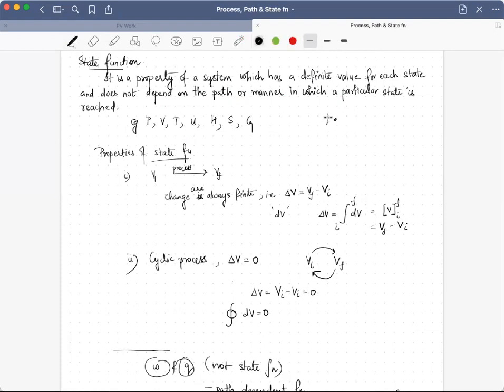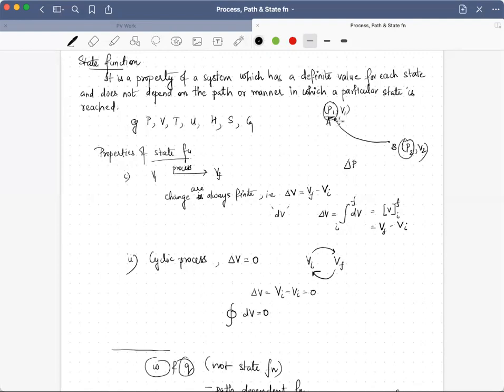Suppose a system in A undergoes a change in state to B. And we just now talked about a system having state defined by pressure and volume. So let me use the same example here. If we consider individually the pressure, when undergoing a change in state from A to B it has values P1 and P2. So if I ask you to calculate the change in pressure, it will not depend